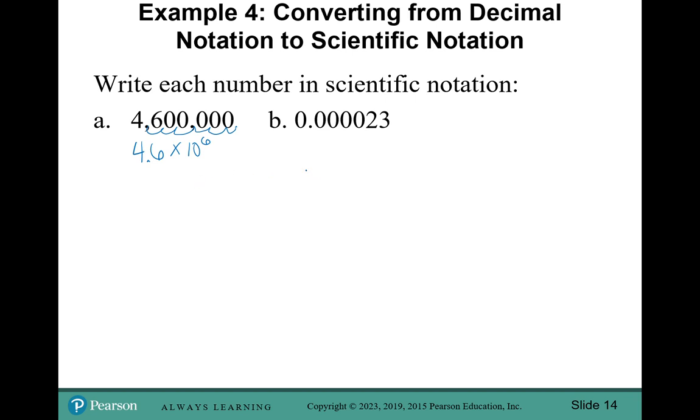Now in B it's a little different because B is a really small number that's between 0 and 1. That tells us that our exponent on our 10 is going to be negative. But I still need my base number to be between 1 and 10. Now if I move my decimal before the 2, that number is going to be too small because we want our number here to be between 1 and 10. And 0.23 is not between 1 and 10. If I put it behind the 3, that's also not going to work for scientific notation because our base number out front needs to be a number between 1 and 10. 23 is greater than 10. That doesn't work. So the only place I can put this and get a number between 1 and 10 is if I put my decimal,